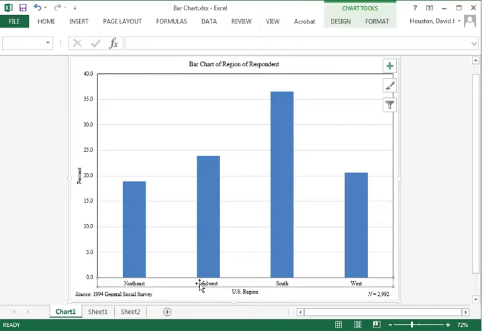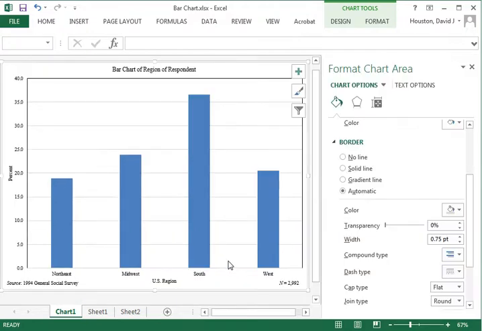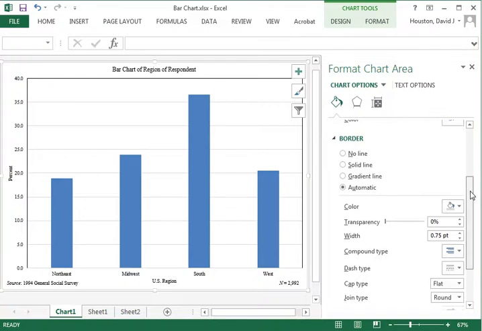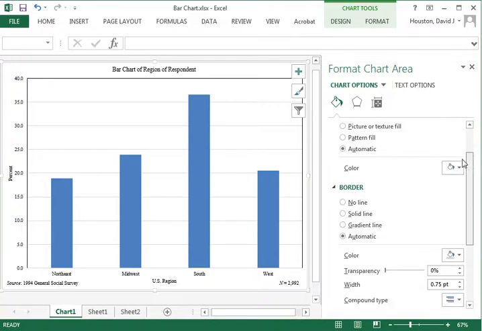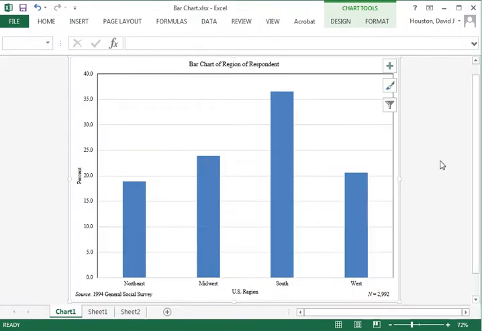Left mouse button click once to highlight those, and now I'll do a right mouse button click to bring up the options, and again I'll come to Format Chart Area, and again come under the chart options. I'll come down to border, which is what already is selected here. I'll make it a solid line, and now the last option I chose is black, so it automatically goes to black. And I'll go ahead and close that, and we should see then, oops, let me do it again.